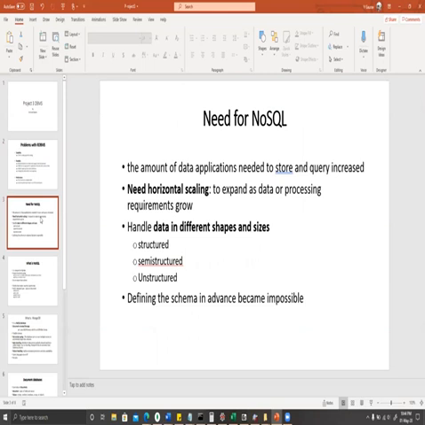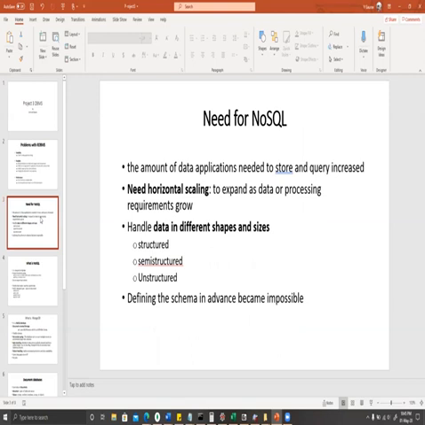So this led to the emergence of NoSQL. NoSQL databases can handle the big data demands.